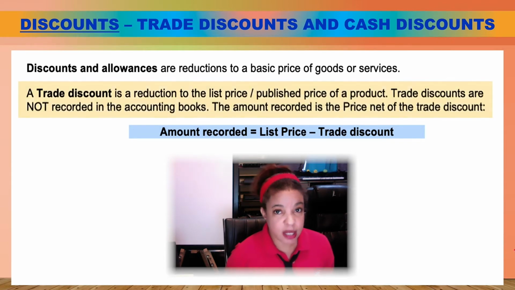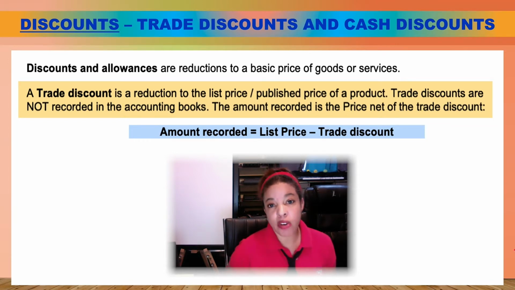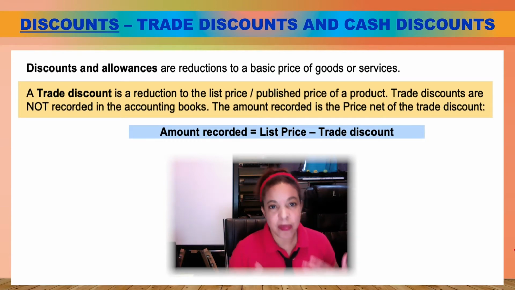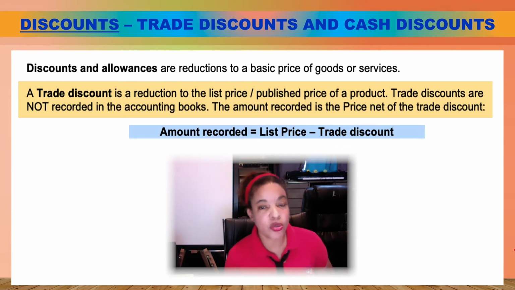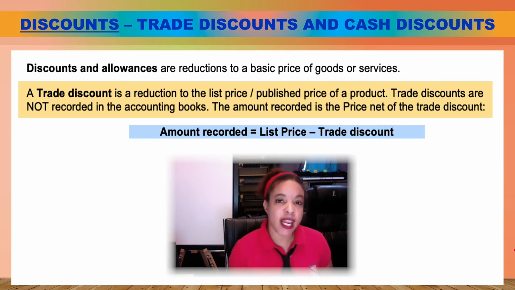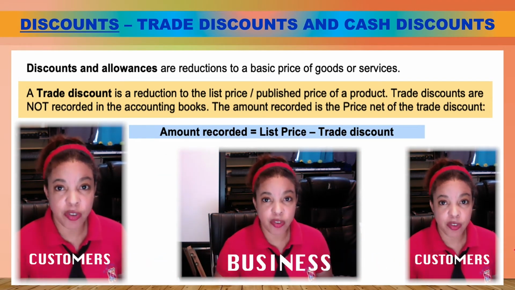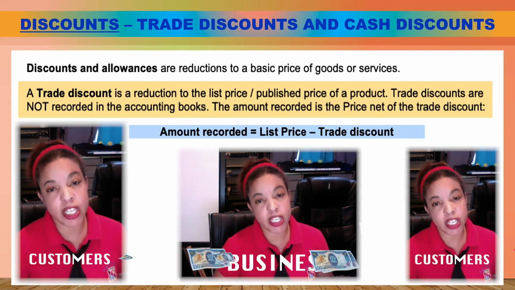And our first discount is the trade discount. Why do we give a trade discount? To encourage business sales. Because people tend to flock to or be encouraged to buy more things the cheaper it is, right? Law of demand for those that do economics. So whenever a business offers a trade discount, which is a reduction in the list price, the original price, it is to encourage people to buy from them, and therefore the business will increase its